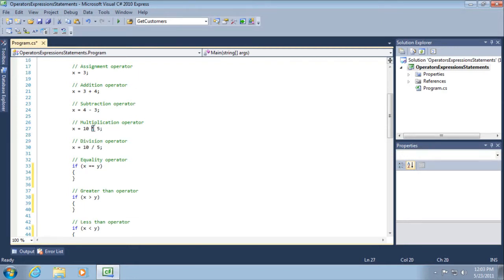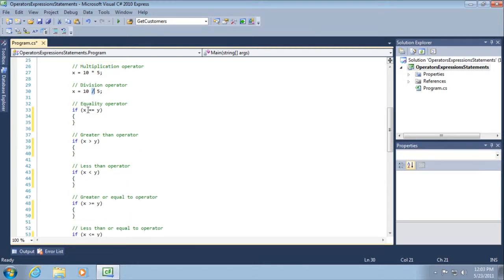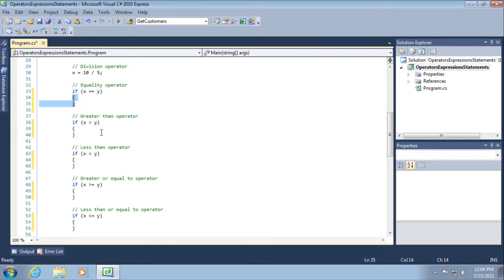There's the multiplication operator, which is the asterisk, or it's the character above the 8 key on your keyboard. There's the division operator, which is a /. So in this case, 10 divided by 5, we would expect x to be the value of 2. We've already looked at the equality operator, which equates to either true or false. If x is equal to y, then this whole statement in between the parentheses is true. Otherwise, it's false. So if it's true, then execute the code block beneath it. And so we'll see that used here as we move through the rest of these